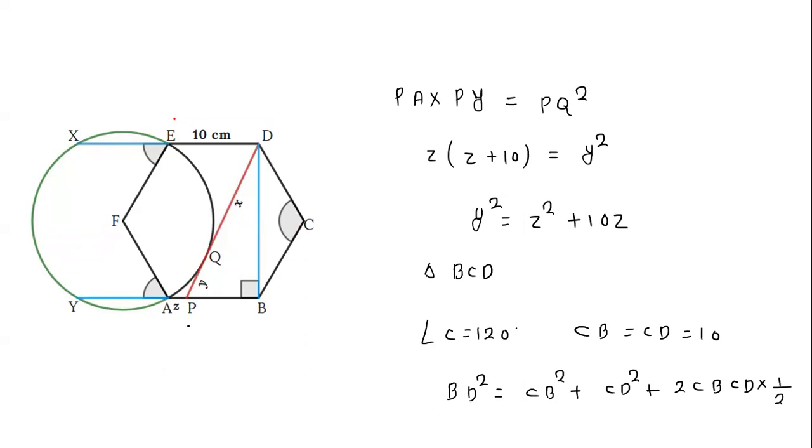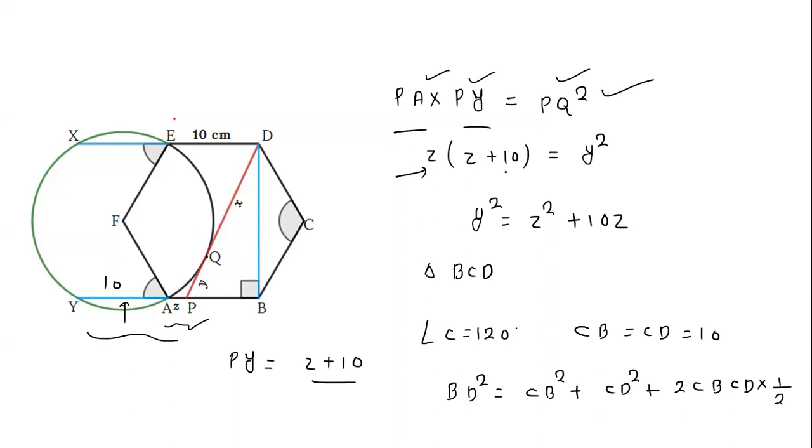So now you see this is the point P. So PA multiplied by PY is simply this PQ square. This is again the second tangent theorem. So PA multiplied by PY is equal to PQ square. We know PA value as Z, which we assumed initially, and this blue line length is 10. So this PY length will come as Z plus 10. So we can put here, and this PQ is simply Y, so this will be Y square. So we got one relation between Y and Z as Y square is equal to Z square plus 10Z. So this is one relation we got.